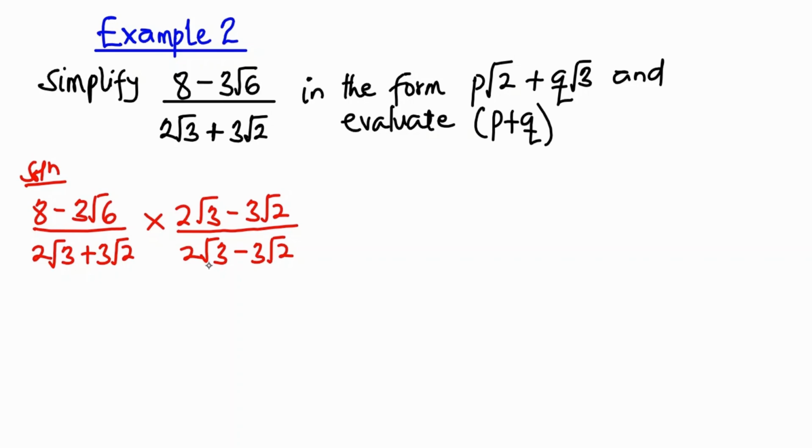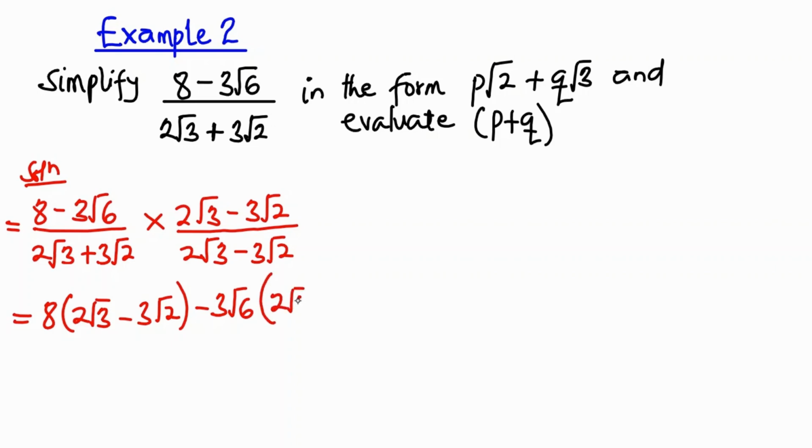This is what we have. So we continue by multiplying the terms one after the other. When we consider the numerator, we have 8, which multiplies everything at the right hand side. That gives us 2 root 3 minus 3 root 2. And then we continue with minus 3 root 6, which also multiplies everything as 2 root 3 minus 3 root